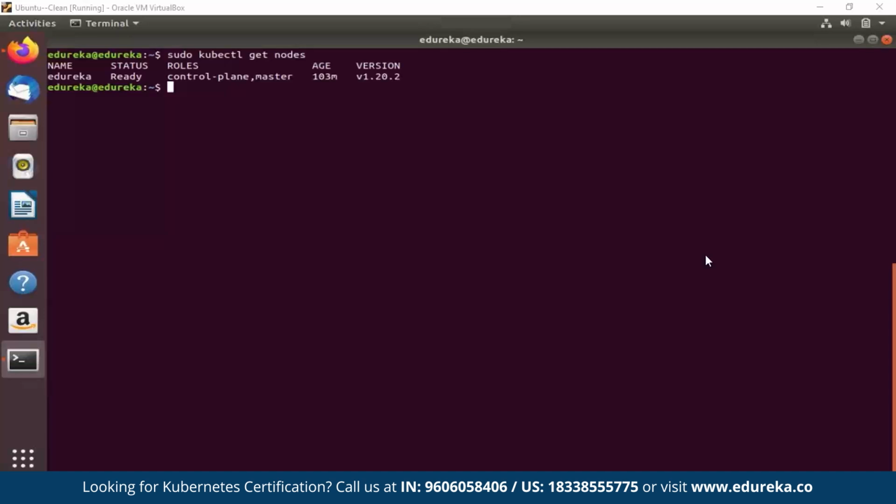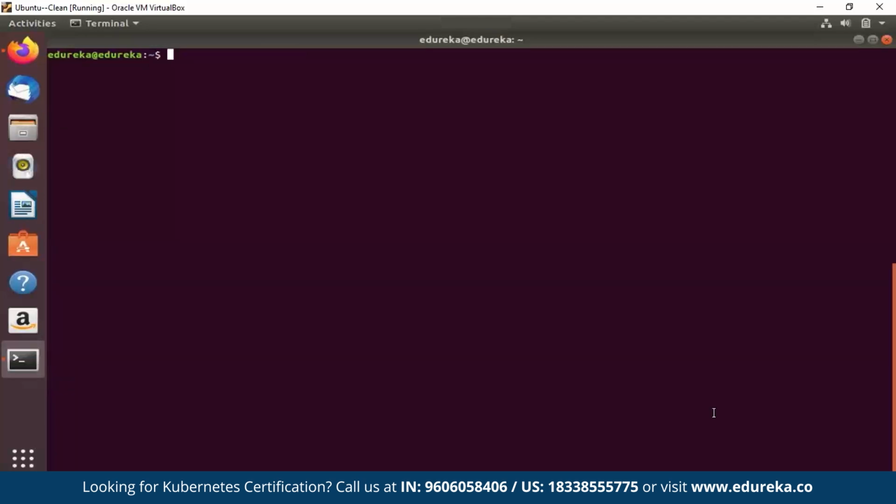Let us check out some of the basic commands that are available. The first one is the get command, which lists all the pods in ps output format. There is another command which lists all pods in ps output format with more information, such as the node name. For that, we can use the command kubectl get pods -o wide. Currently, we do not have any resources in the namespace, so it's not going to display any.